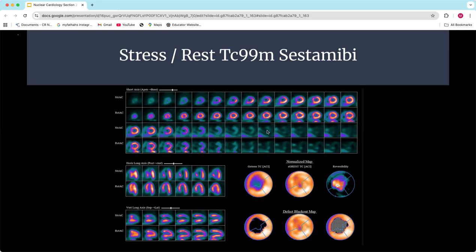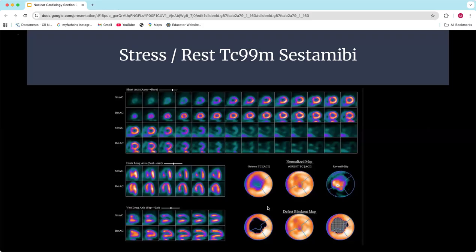Looks like a reversible. Yeah, go ahead. Henry, go ahead. Oh yeah, it looks like a reversible defect, more towards the septal wall. Yep, exactly. Let's look now. Now that you said that, you're exactly right, Henry. Go down now to the polar maps. What are we seeing on polar maps, and what is the polar map telling us?